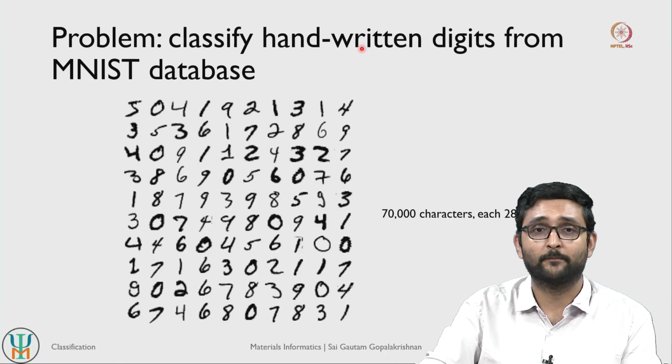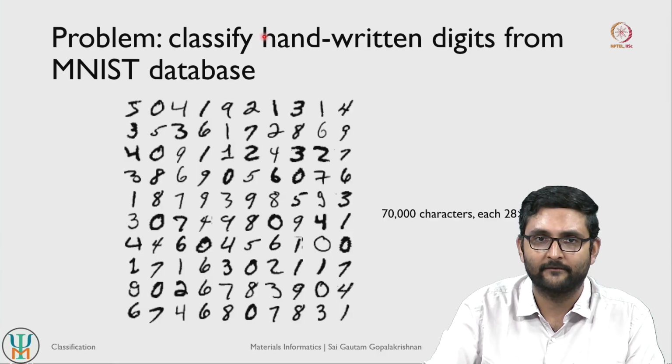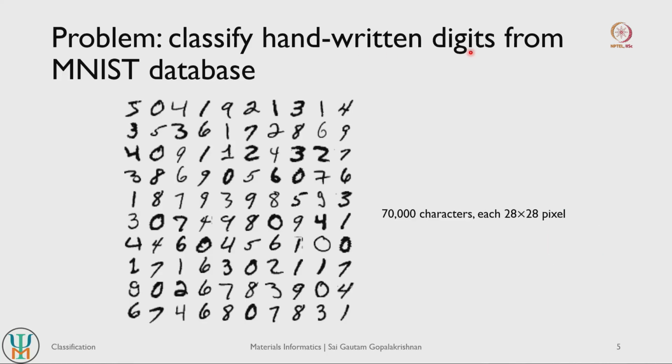Okay. So what is the problem we will take for our classification workflow? The problem is as follows. We want to classify handwritten digits from this database called MNIST. So MNIST is a very nice database. It has a lot of graphical content. So think of this as your old fashioned CAPTCHA, right. If you were to sign on to new websites, you will often be asked to decode letters or alphabets within a given plugin, and if you are able to classify it correctly, then you are assumed to be human, and then the website lets you in.